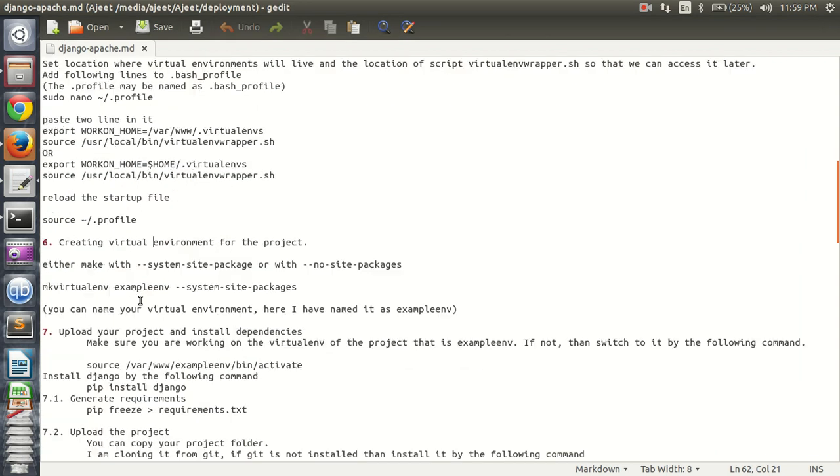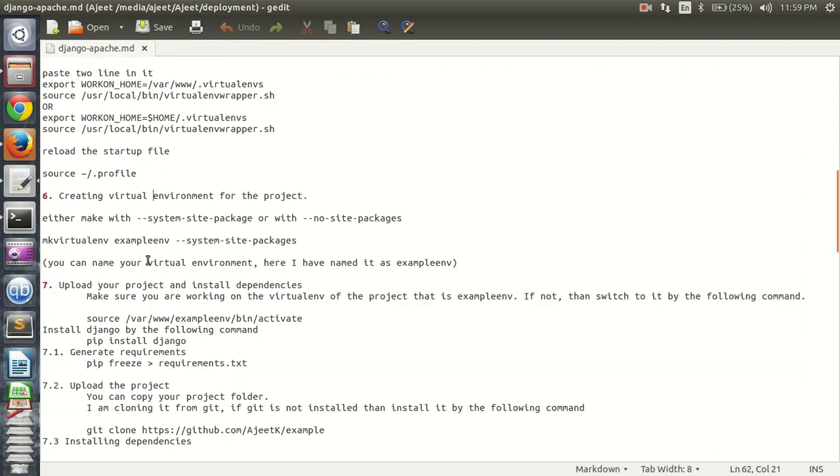Now we are going to create a virtual environment for our project. So basically there are two ways for making a virtual environment. We can do it either with system site packages or with no site packages. The difference between these two is, by making the virtual environment with system site packages, our app or the virtual environment will be able to access other installations which are installed system wide. And if we use no site packages, then we will not be able to use